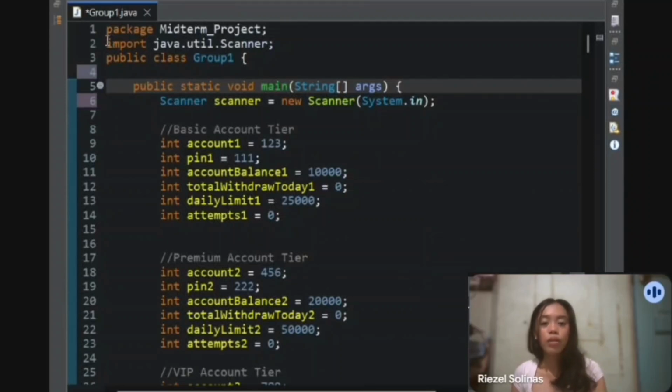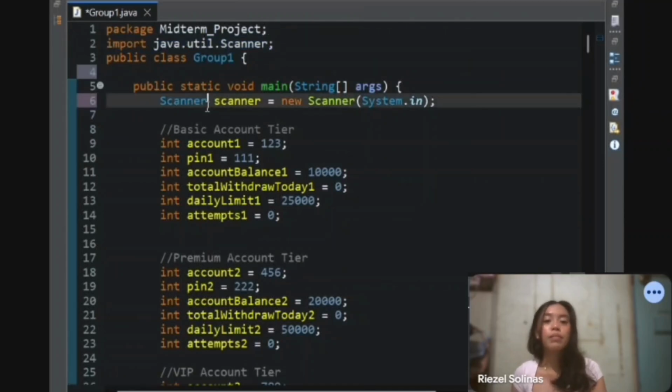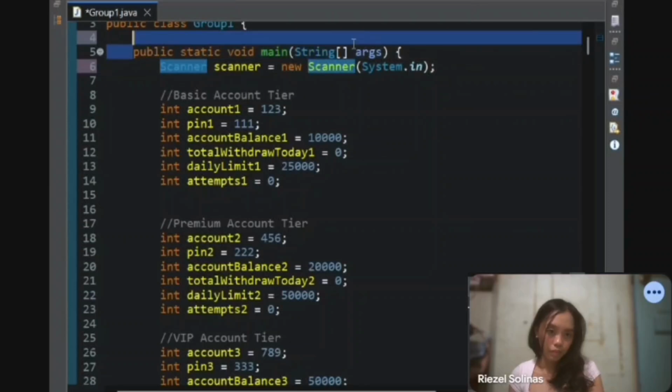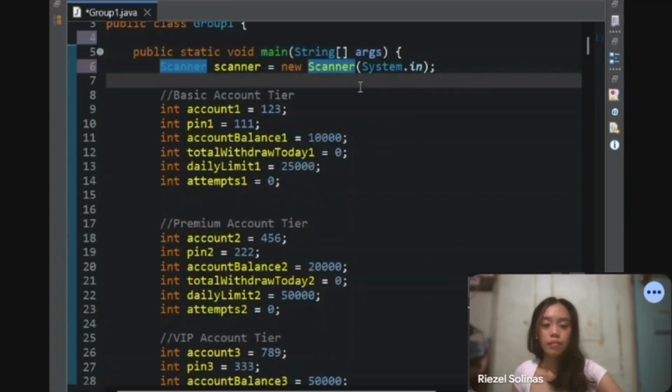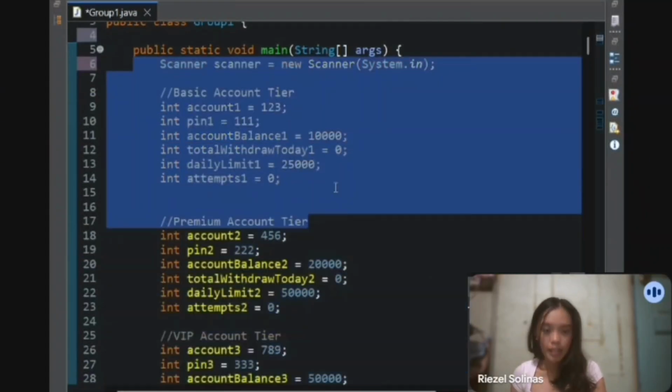At the beginning of the code, we imported the Scanner class to allow user input from the keyboard. Next, we declare our main method, which serves as the starting point of the program. Inside the main method, which is this,